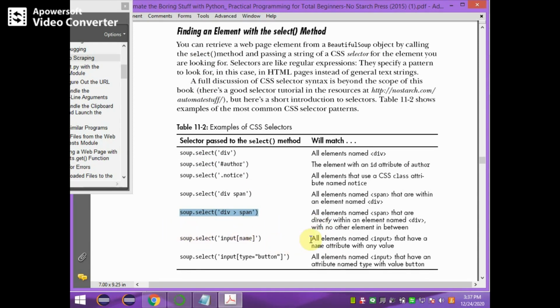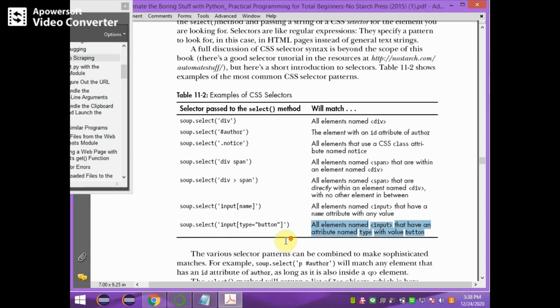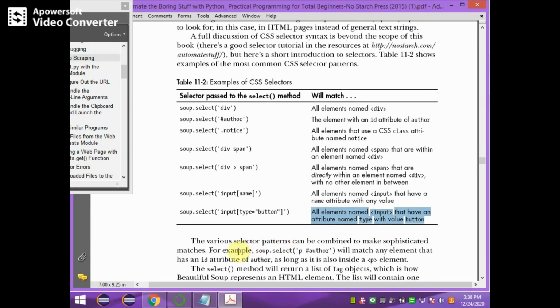Soup.select('input[name]') gives all elements named input that have a name attribute with any value. Soup.select('input[type="button"]') gives all elements named input that have an attribute named type with the value button. Now, the various selectors can be combined to make sophisticated matches.